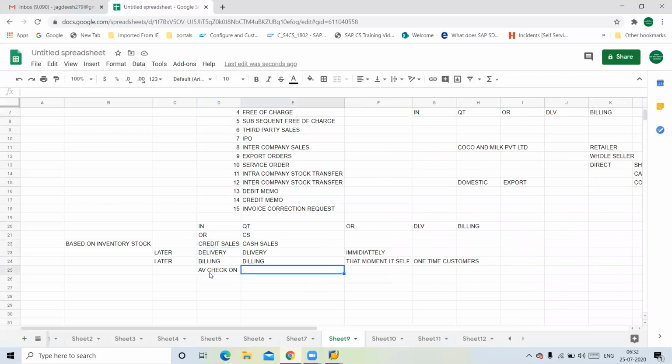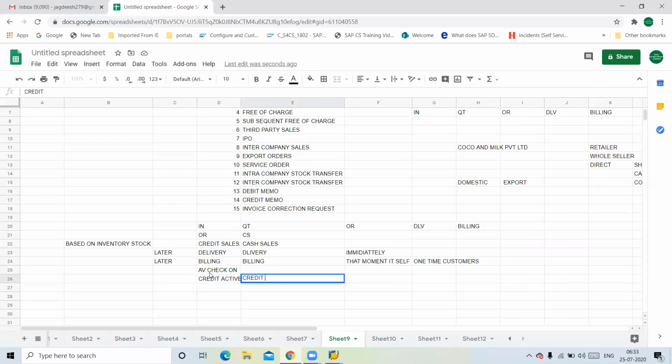Here I don't require it, because only when stock is available can I process, since the delivery will be created immediately. This is one difference. Another difference is that credit is active for these particular items, so I am doing it on credit basis.